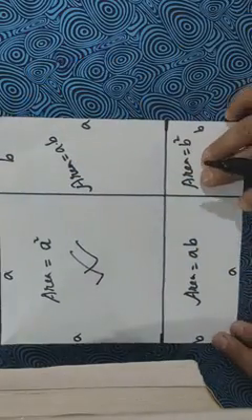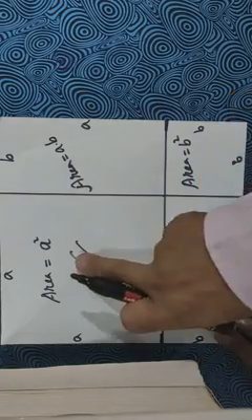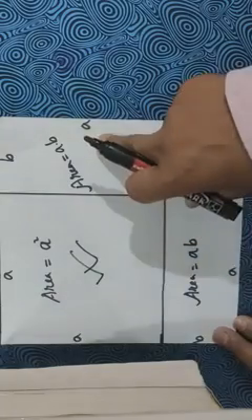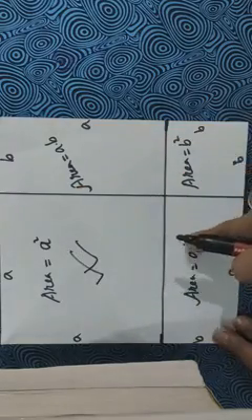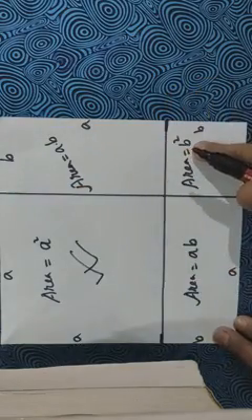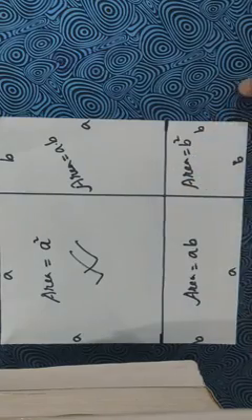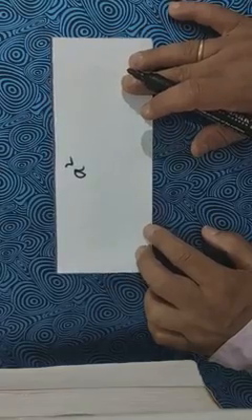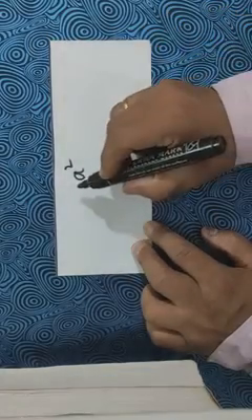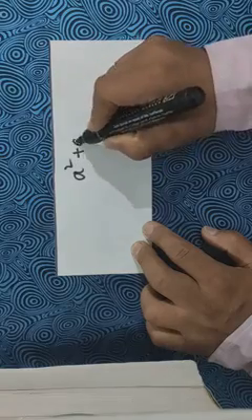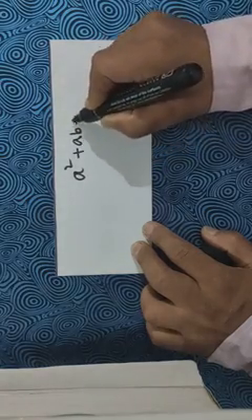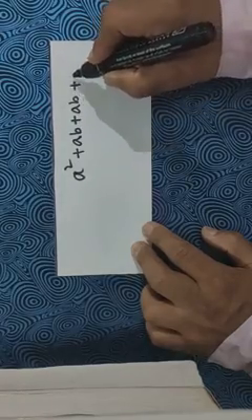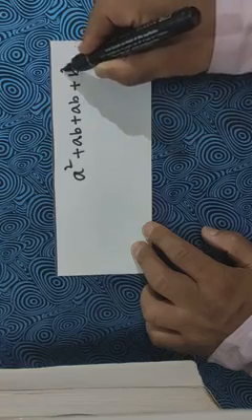If we add all these areas, then we will have this is A square, this is B square, this is AB, this is AB. So A square plus 2 times AB plus B square. When we add them all, we will get A square, that is the area of the square. Then we have 2 times AB, that means the area of two rectangles AB and AB. After that, one more square was there whose area was found as B square.